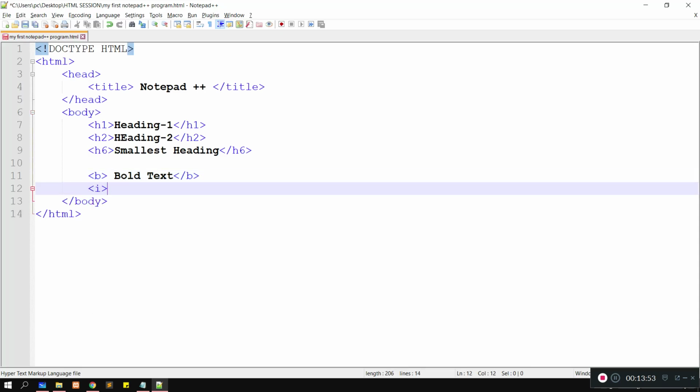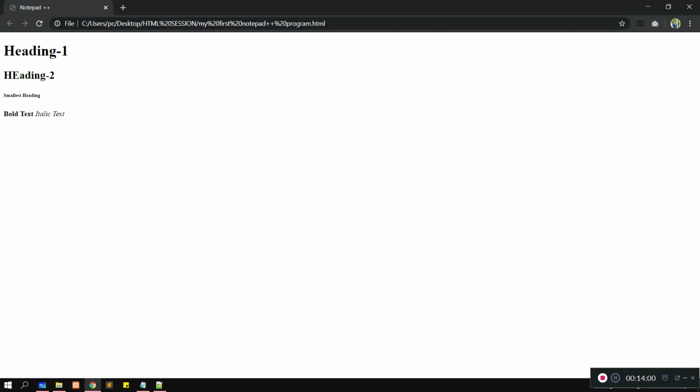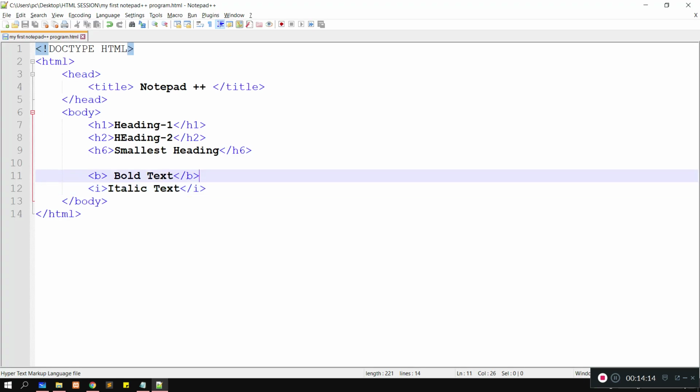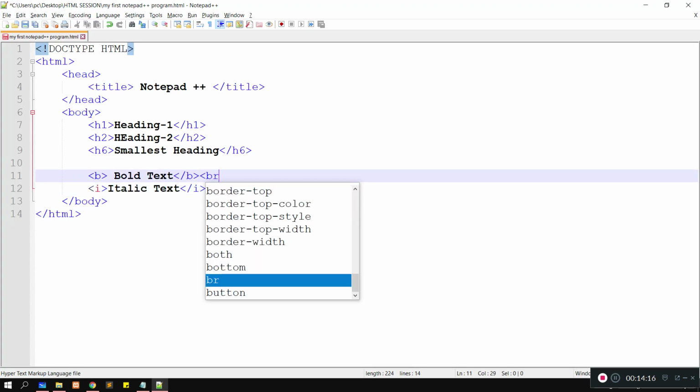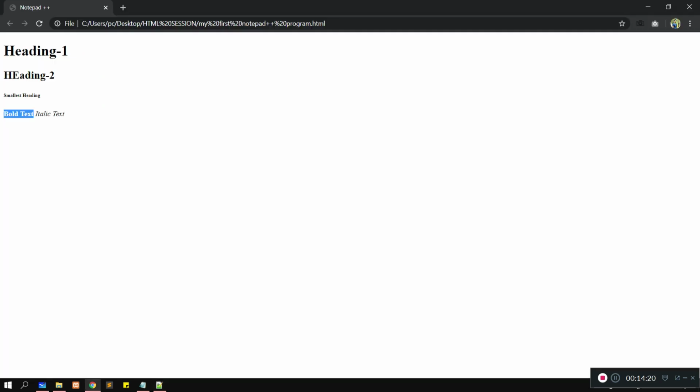Now this is italic text. Okay, we got italic. Now see, both these words are coming in a single line. So what we have to write here is the break tag or the new line tag, just simply write br.